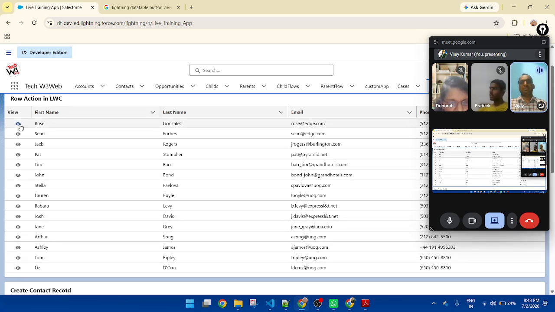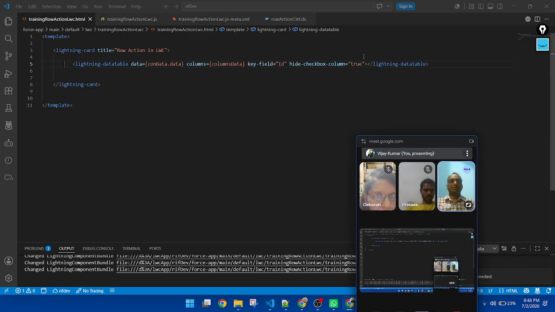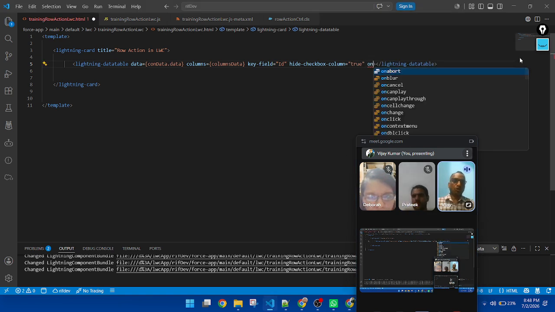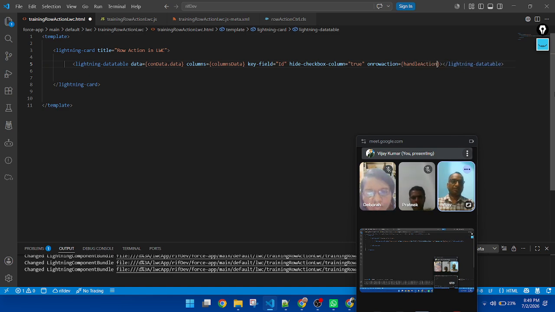Now, how to display the modal pop-up? We need to pass an action function here. So if you go to the HTML, here we need on row action. This one, on row action, you need to pass, and here you need to pass a function name: handle action.